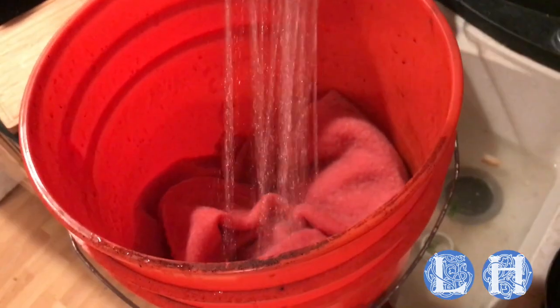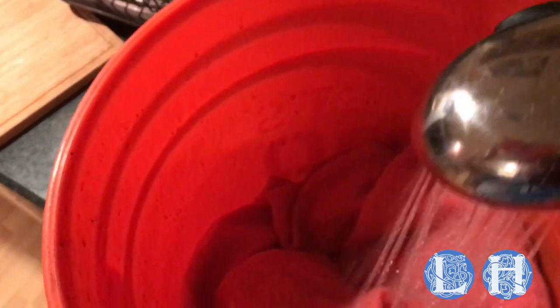Now what I'm doing here is soaking the material that I bought in some hot water. It needs to be wool based so that heat will make it expand, but if it's too hot, it'll make it shrink, so don't cook it. And I'm gonna tell you right now that this loosely woven wool blanket, you know, $12 on Etsy,